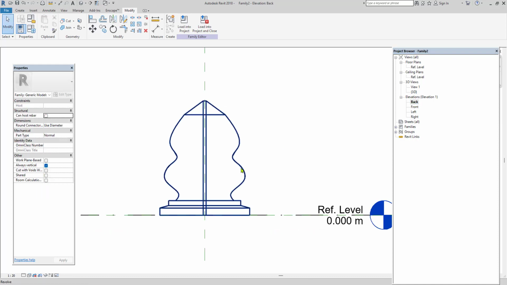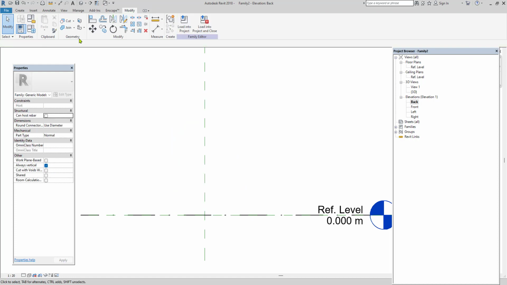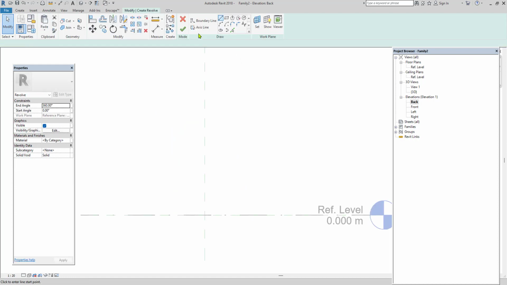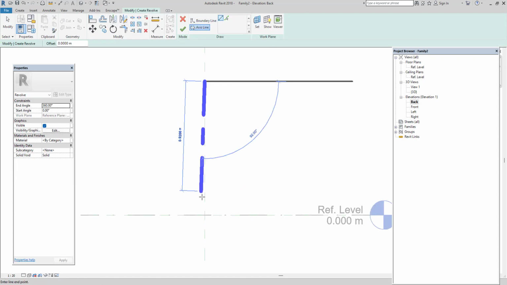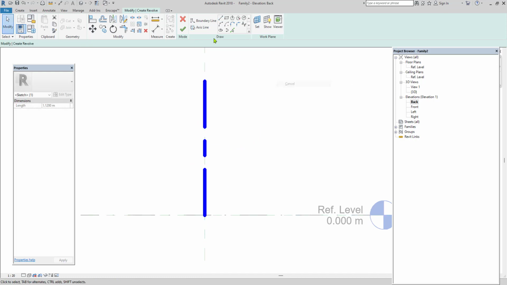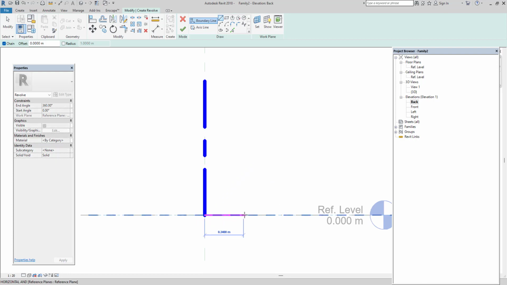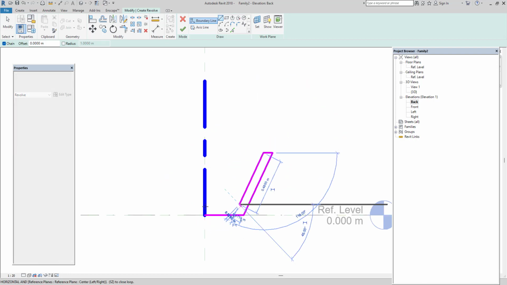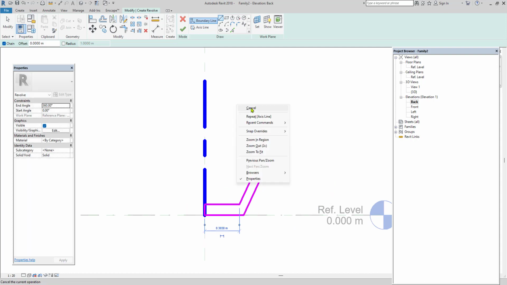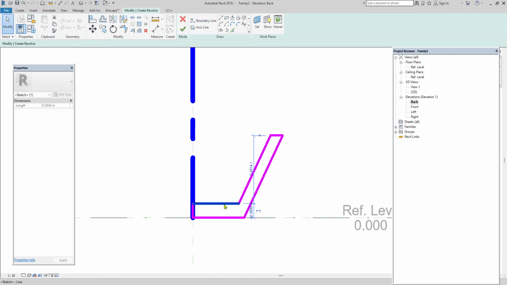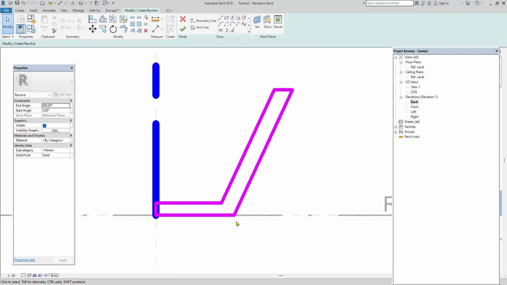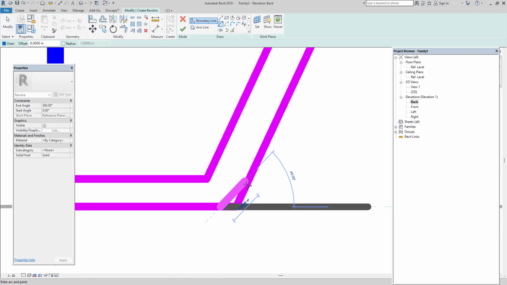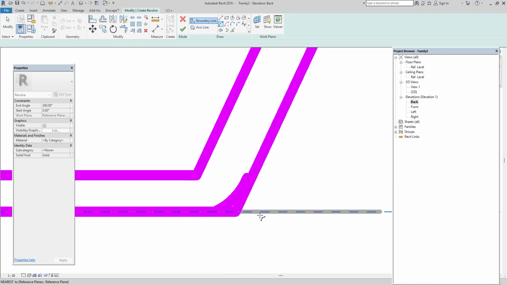Let's see that. Deleting it again. Revolve, axis line, and then boundary line, the shape we have to draw. You can double this to get a depth or thickness. I'm just applying the arc here to get the smooth finish near the corner.